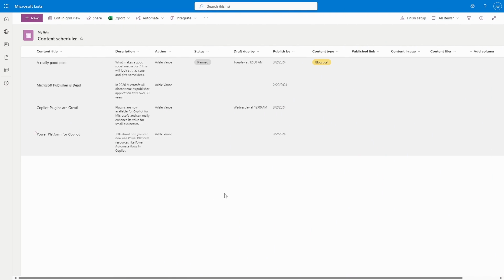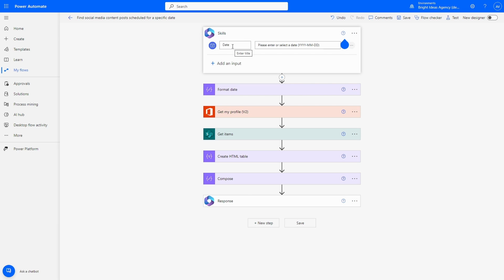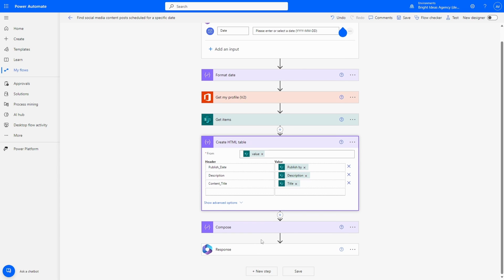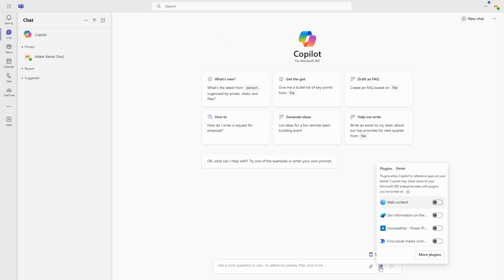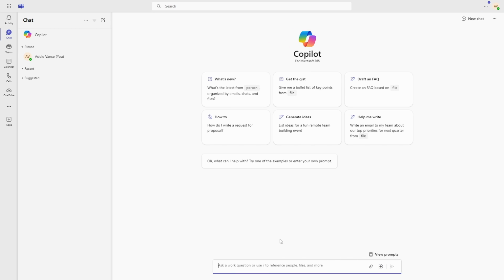Take that example I showed you at the start of the video. I have a SharePoint list using Microsoft's social media scheduler template, and I've connected that up to a Copilot initiated Power Automate flow that simply gets passed a date from Copilot and then responds with an HTML table of details of those posts for that date. I use the flow description to let Copilot know it needs to pass along a date and the input parameters